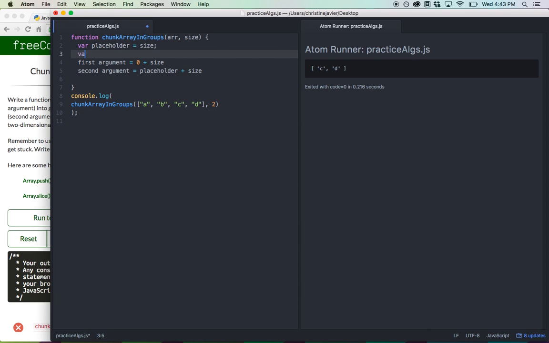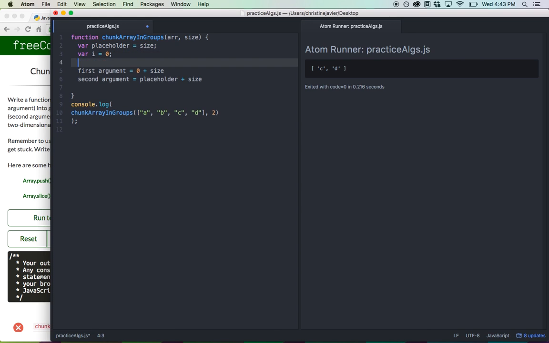Now, because of the while loop, I'm just going to declare a variable called i, and we're going to set that equal to 0, meaning that we're going to start at the 0th position in our while loop. Then we're going to start with a while i is less than. Now, this is the curious part. This is when you really have to do a little thinking. We want to do r.length,